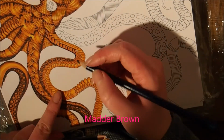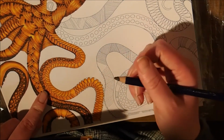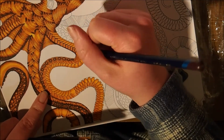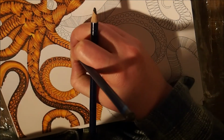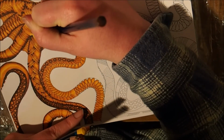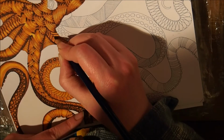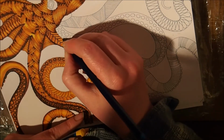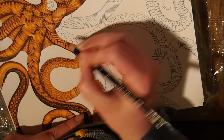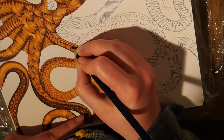We're going to use our madder brown on this side, but the shadows up there, but that shadow's... I'm just working out the shadows, sorry. Bring it down and up like that. I noticed this is the opposite of how I've done these shadows here, but I can't quite remember what I was doing because it's been many months since I was last working on this piece. So yeah,